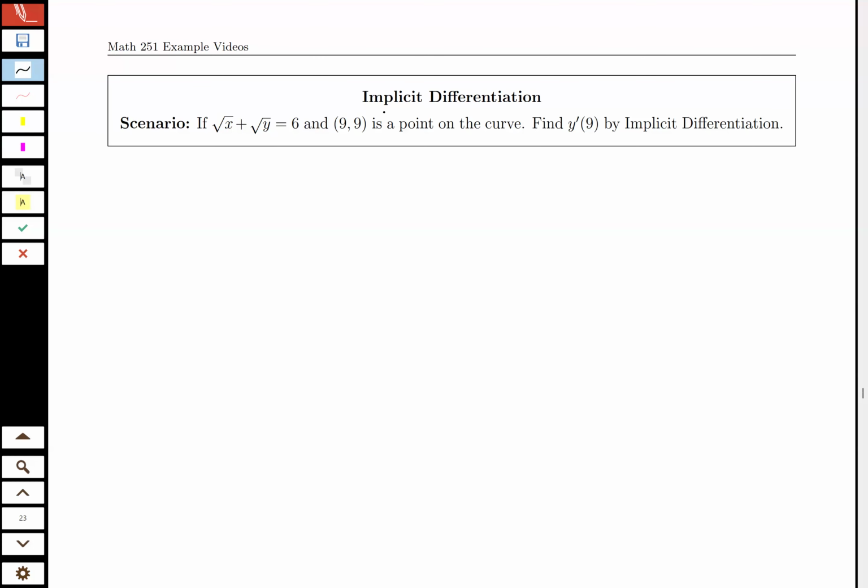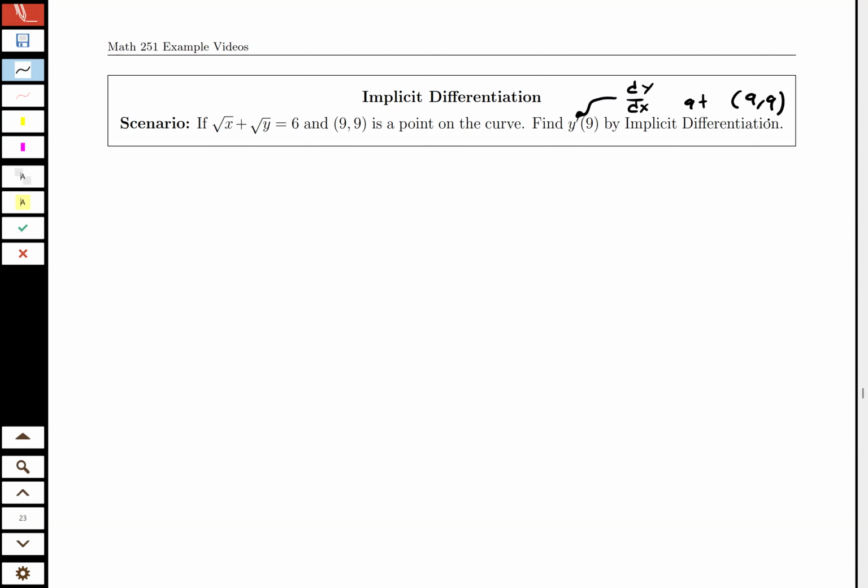Implicit differentiation allows us to take the derivative of an equation that's not been explicitly solved for either x or y, but still take the derivative. So suppose that I have the square root of x plus the square root of y equals 6, and I have the point (9, 9) on the graph, and I want to find what's going on with the change in y with respect to x. I want to find this dy/dx at the point